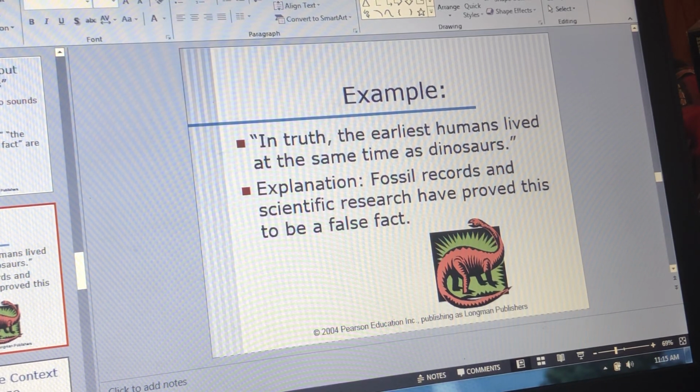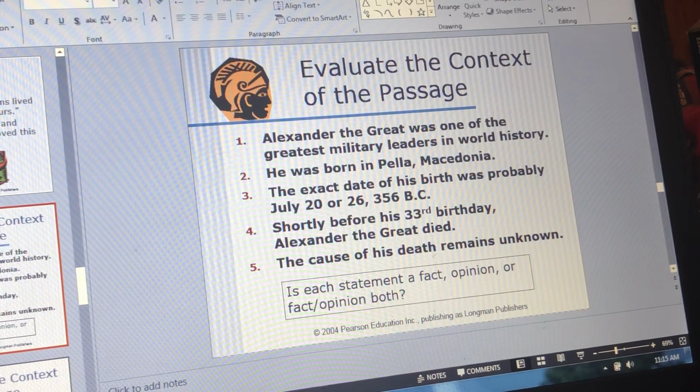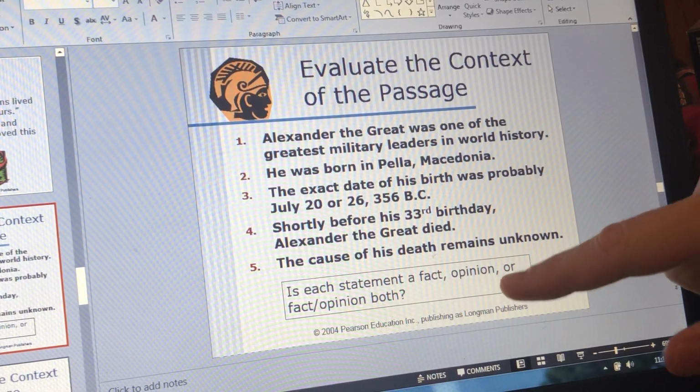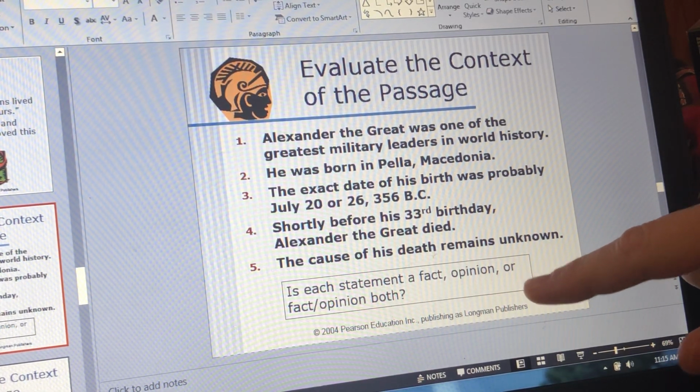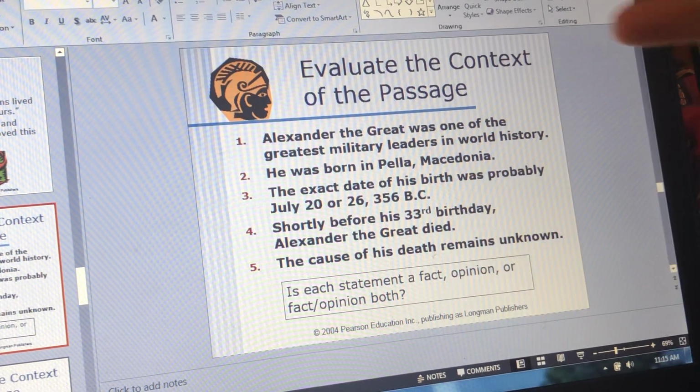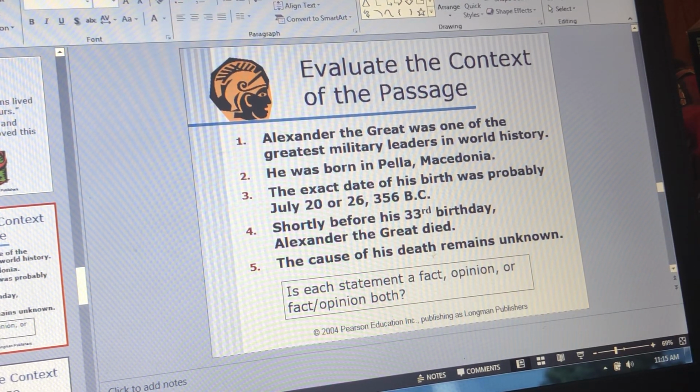Okay. All right. So, a little practice here, all right? Some of these statements may have both in them, okay? You may have a fact, an opinion. You might have fact and opinion blended, all right? Now, again, be active learners. Take responsibility for your education. Don't just wait for me to reveal the answers. As I go through, if you have to pause it, stop, think. Are these facts? Are these opinions?